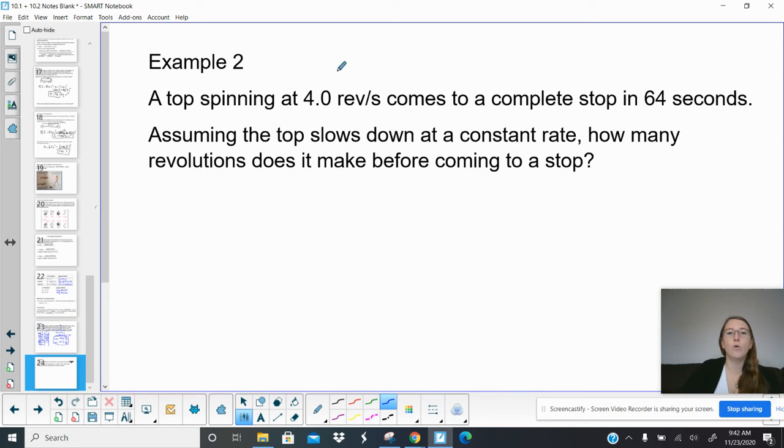A top spinning at 4 revolutions per second comes to a complete stop in 64 seconds. Now, I'm actually going to do this right now. I should have done it in the beginning in the other one. Go ahead and convert that to radians per second. Okay, so 4 revolutions per second. Again, that's 4 rev per second. To get to radians per second,